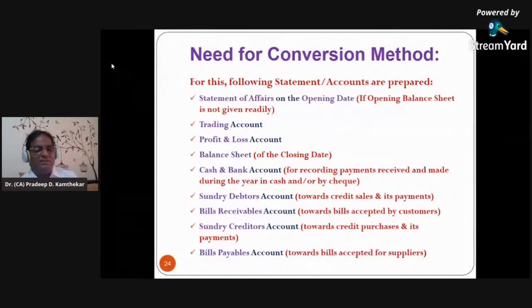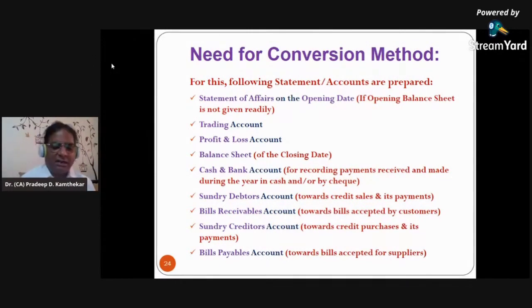So this type of bills receivable we have, and the payments received from customers towards it, or we have given that bill to the bank, which we call bill discounting. It might so happen that we have given this bill to our creditor who is asking from us the payment. That we call bill endorsement. There is a third way: this bill we can give to the bank for collection because we are busy people. So we tell our bank, keep this bill with you, and after 30 days or 60 days, you go to our customer, Mr. XYZ, and ask him to make the payment. He will make the payment and please credit that payment to my account. So that is called bill for collection. This type of transactions are there in the bills receivable account.